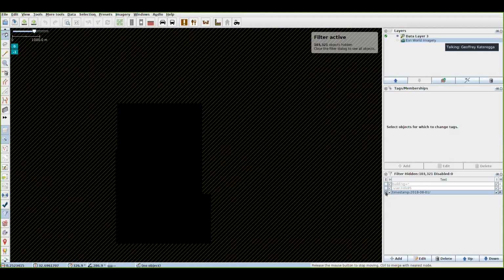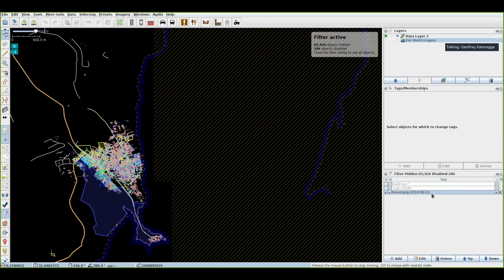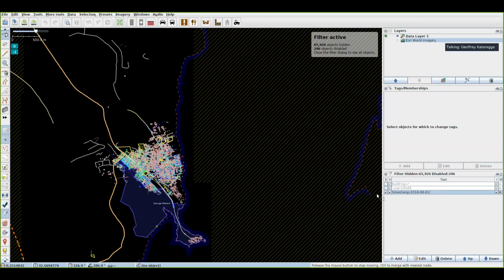Okay, so I'll just modify the date a little bit. Okay, so now you can see data that was contributed from August the 1st until now. But if I want to see up to a certain time limit,